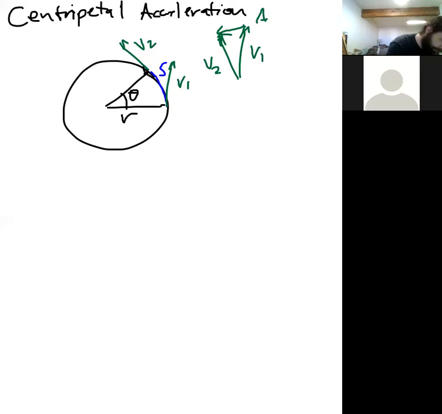That is delta V from the vectors. So delta V is V2 minus V1, and it's just direction. I won't write all this out necessarily. Since the magnitudes of V1 and V2 equal each other,